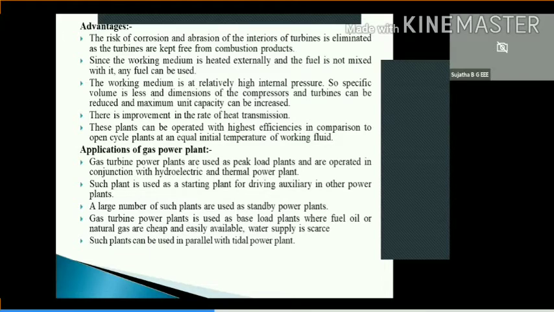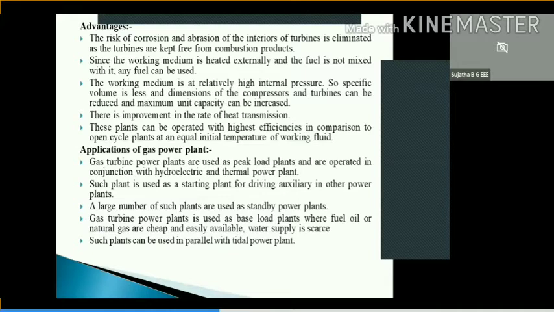What are the applications of gas power plants? Let us see. They are used as peak load plants. I have told earlier, especially gas turbine power plants are used where there is a sudden increase in the maximum load demand on the power plant. If you start your conventional thermal power plant, you have to run a boiler. To bring a single boiler in a thermal power plant online, it will take 3 to 4 hours because you have to supply coal, temperature and pressure have to be brought to the standard value, and steam has to be produced. It takes a lot of time, minimum 3 to 4 hours.